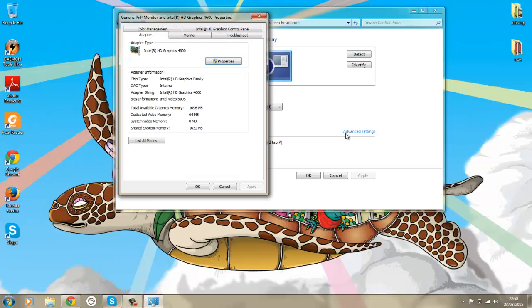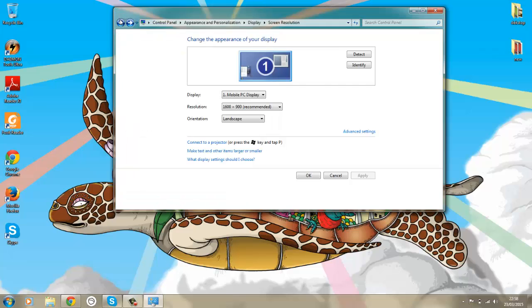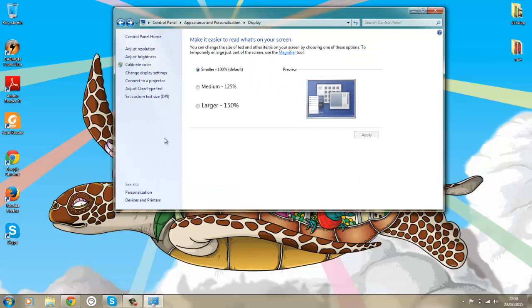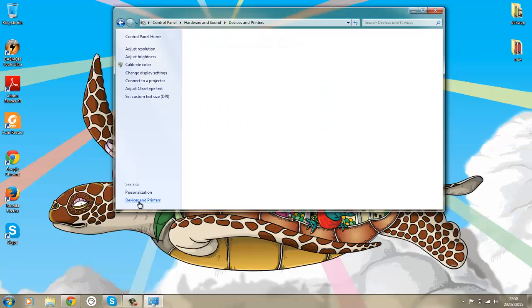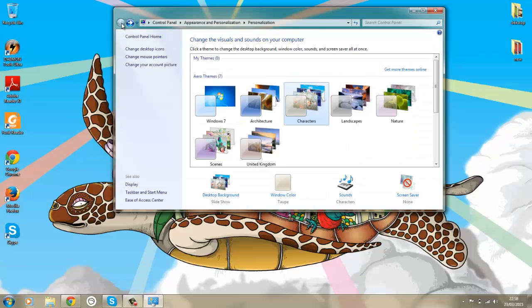Also for advanced settings that you don't really need to know if you are a beginner. So if I go back, devices and printers, as I mentioned, is in the start menu as well. So if I exit this for now,